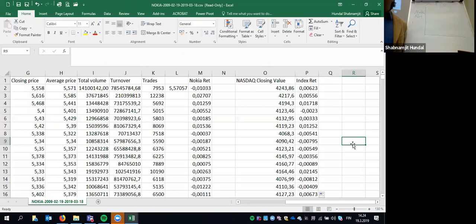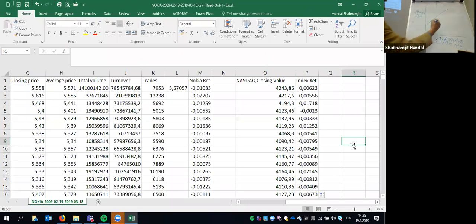Agricultural production depends upon rainfall. Rainfall doesn't depend upon agriculture. Output depends on input. Input doesn't depend upon output. So it's a matter of how we rationalize this model. So the Nokia return depends upon the NASDAQ OMX return. Okay, and